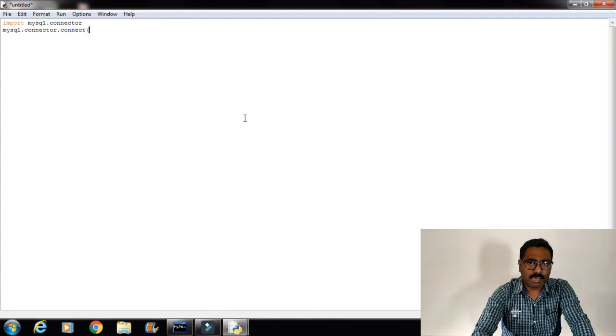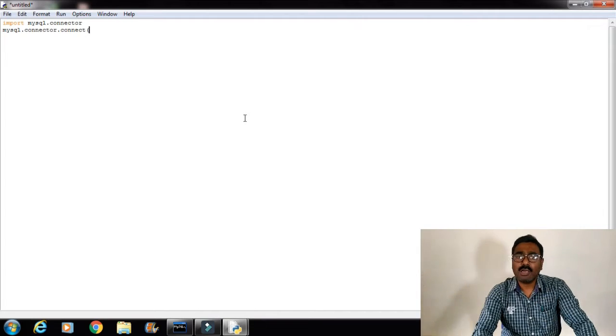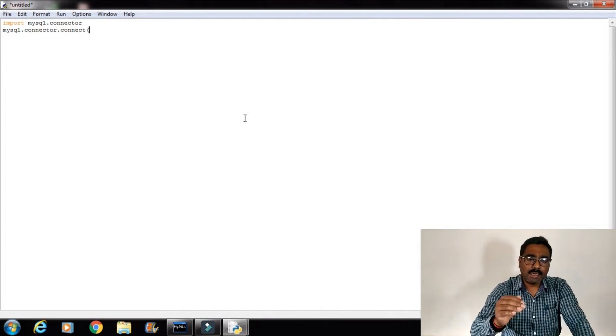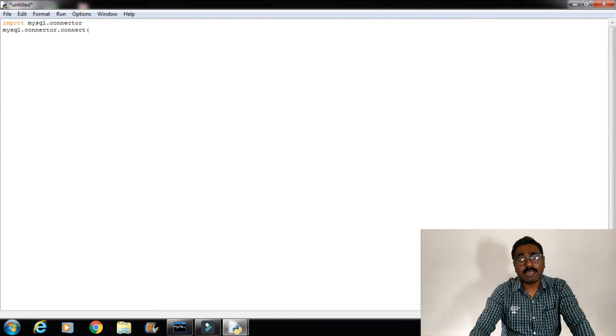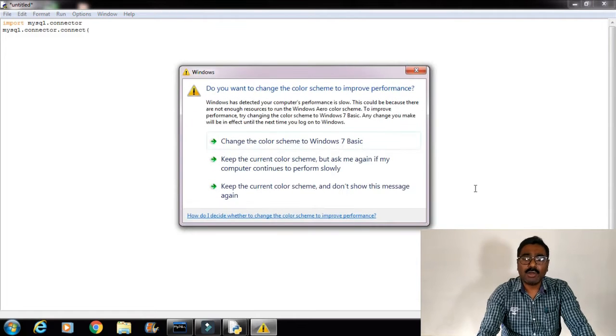In this case, the host is localhost. The host is localhost in the sense that in this particular computer, I am using this computer itself as the MySQL server. If the MySQL server is on another computer and you are connecting to it over a network, in that case you have to enter the IP address of that particular server.